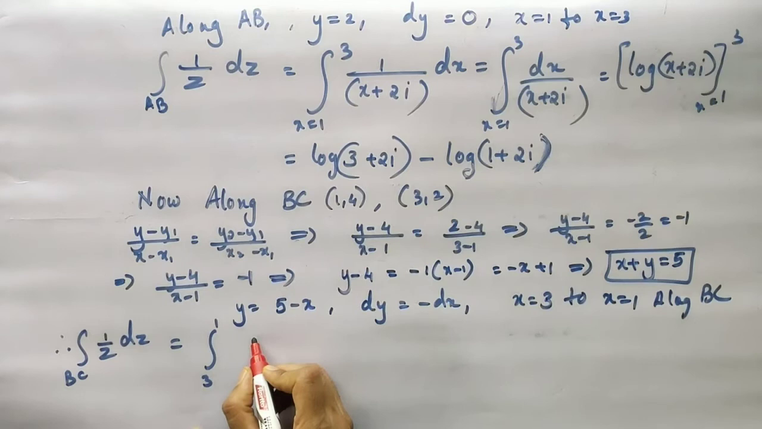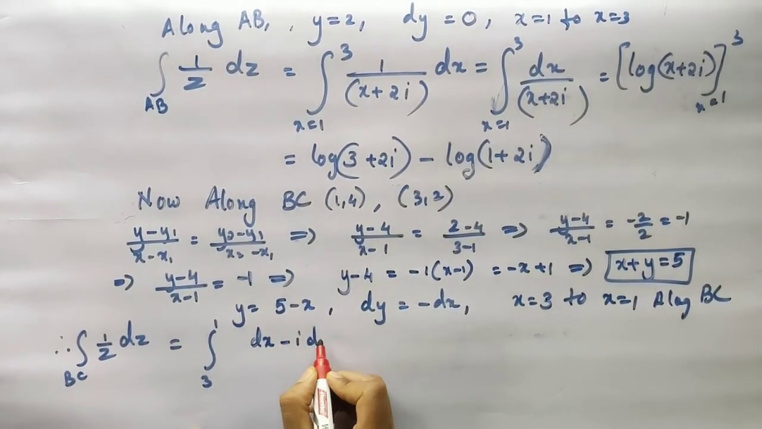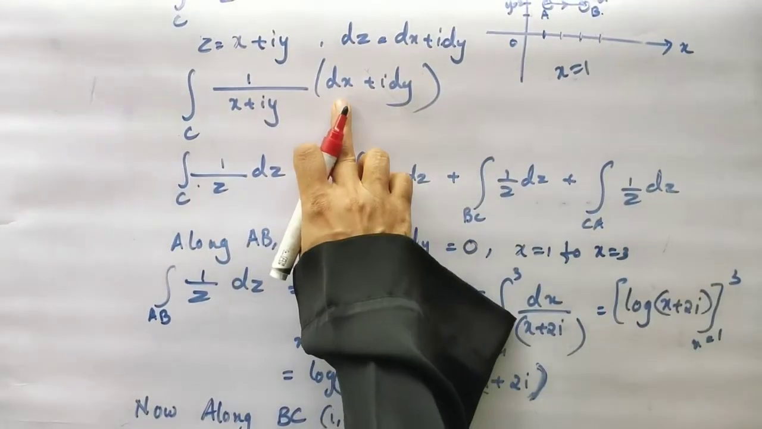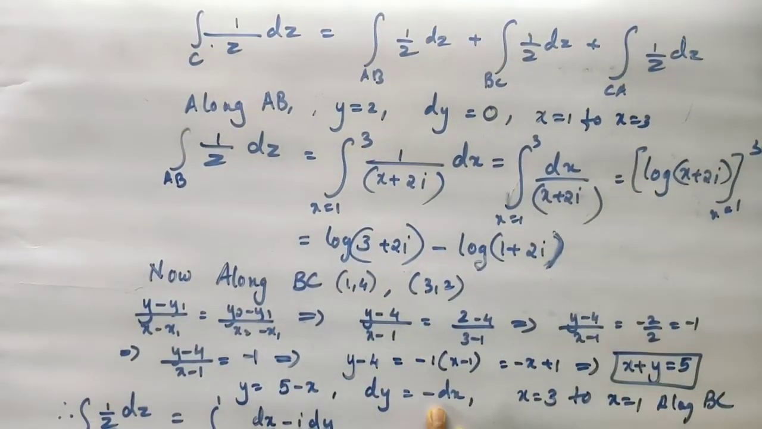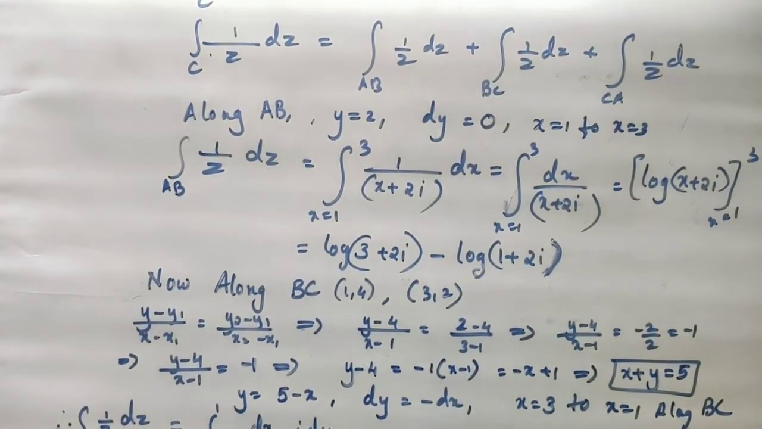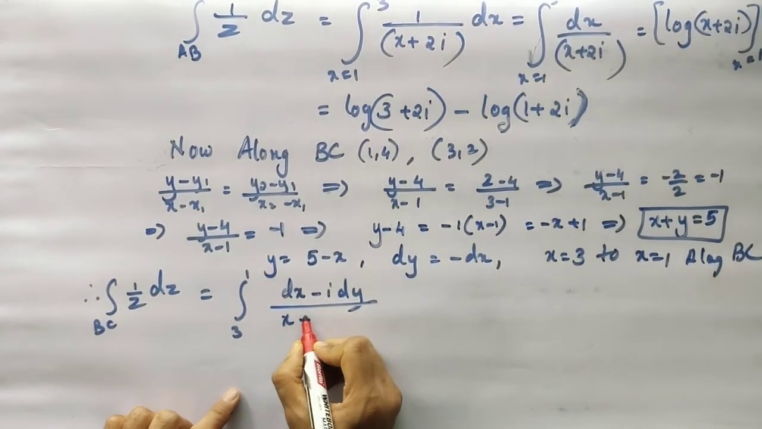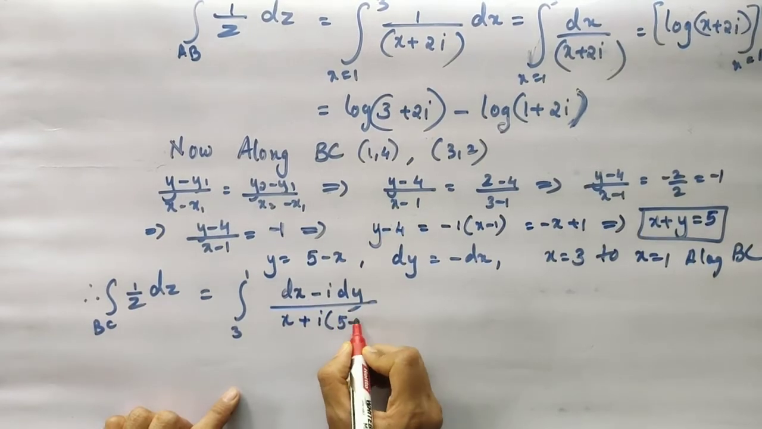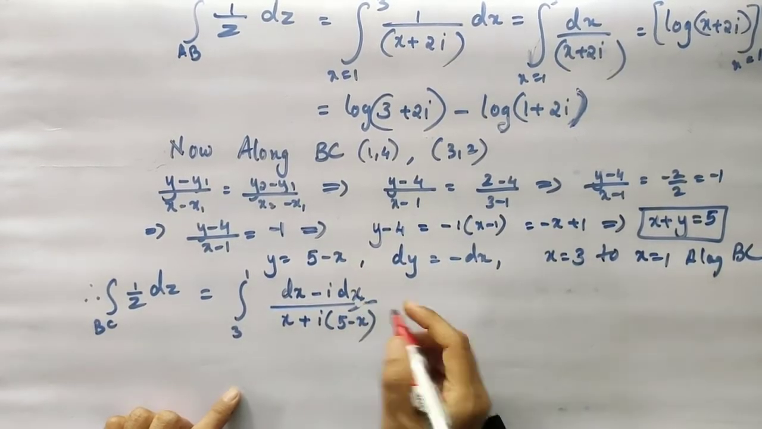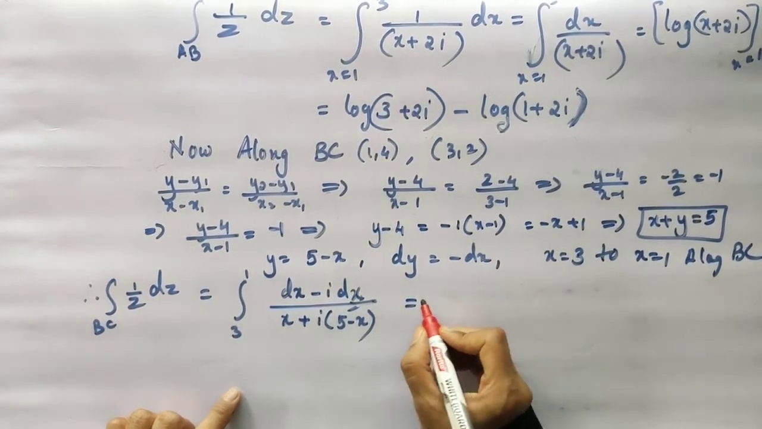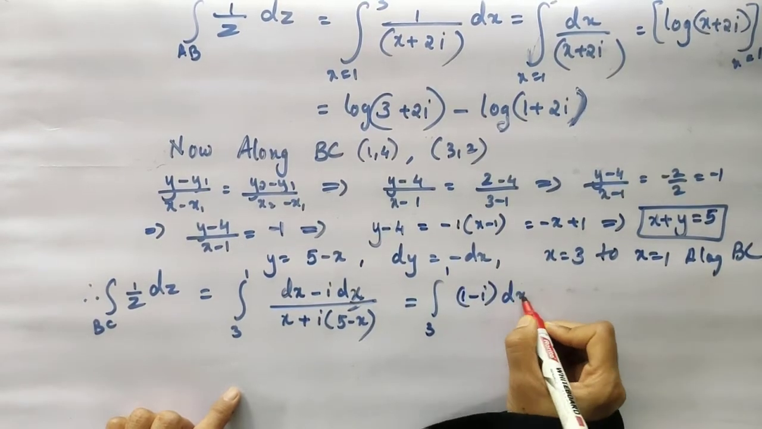So you have dx minus i into dy, because look at that, you have got dx. In place of dy you are going to write minus dx. That divided by x as it is plus i into 5 minus x. I into dx, sorry, i into dx, not dy. Yes, that is equal to, now I can take the integral from 3 to 1, 1 minus i dx divided by,